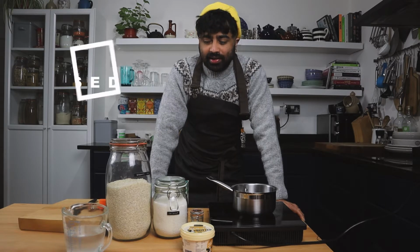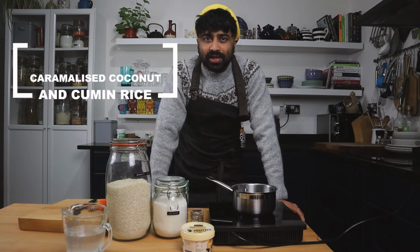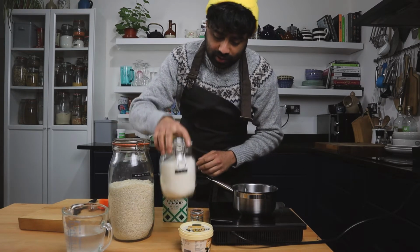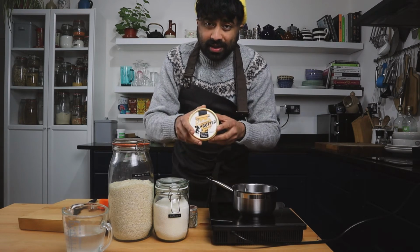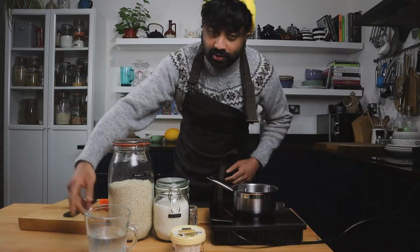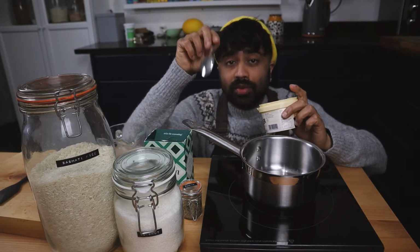So while that's marinating, we're going to make some coconut and cumin rice just before we start cooking the monkfish kebabs. So for that we are going to use rice, obviously, desiccated coconut, cumin seeds, some butter, using Shetland butter, obviously, and some water. So we're going to start off by adding some butter and cooking off some cumin seeds